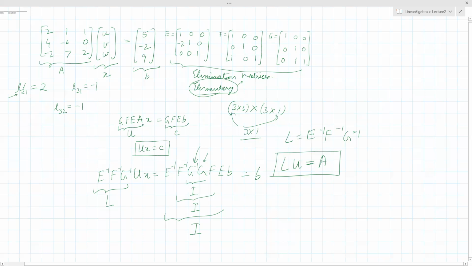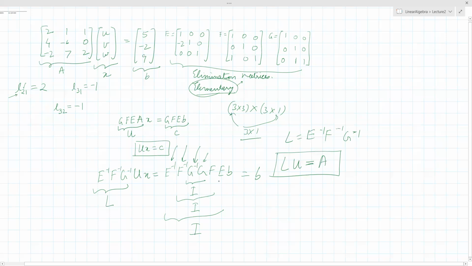Okay, what is F doing? Subtracting second from the first. So whatever subtraction we did previously, now it is adding that back. And what is E inverse doing? It is doing the same thing between the first and second rows. So after doing all this, we are constructing our A back. Okay, is that all right? So that is what is happening over here.